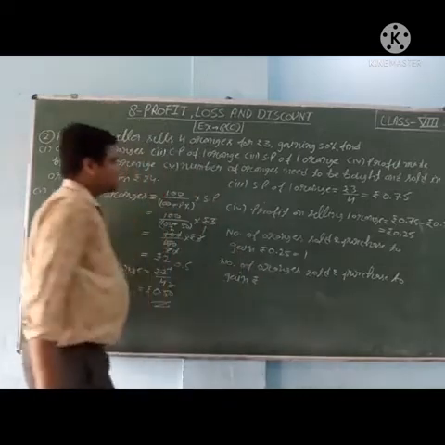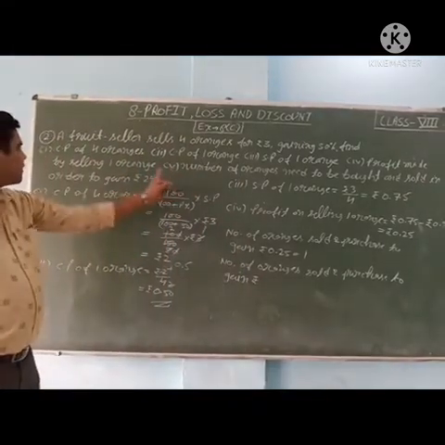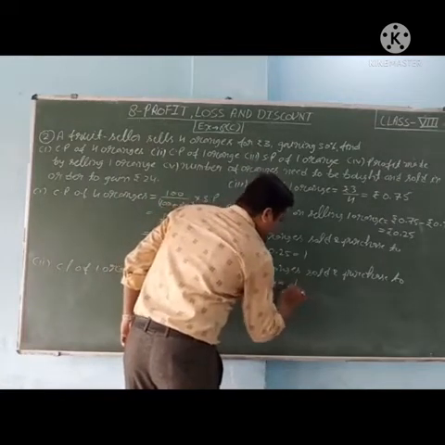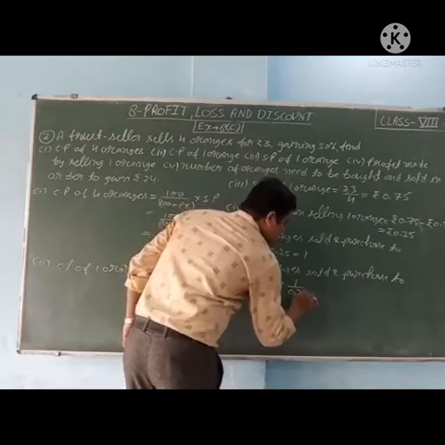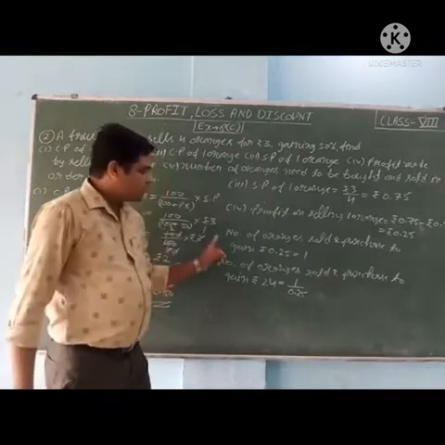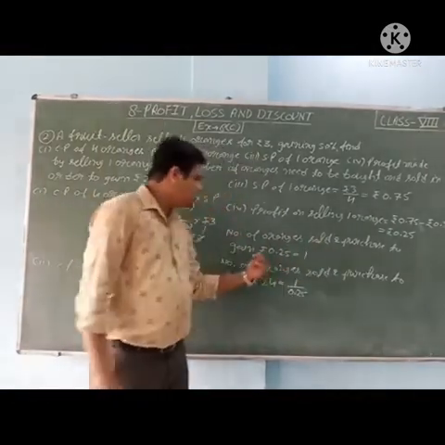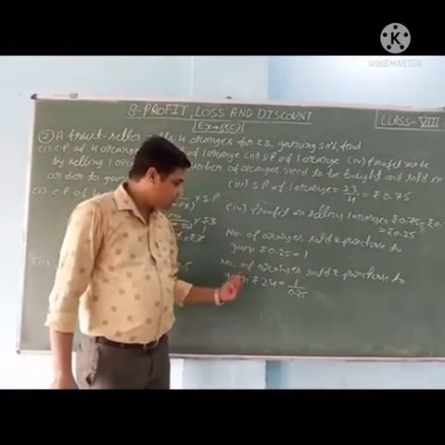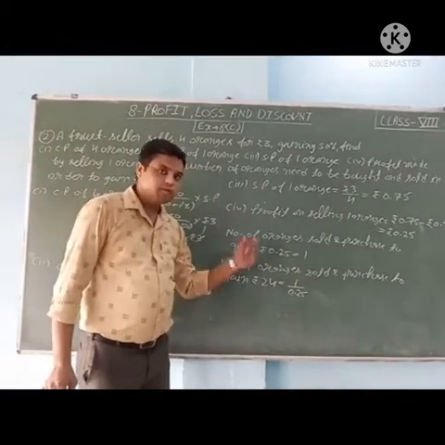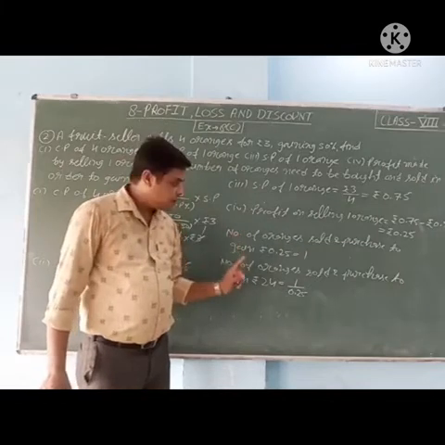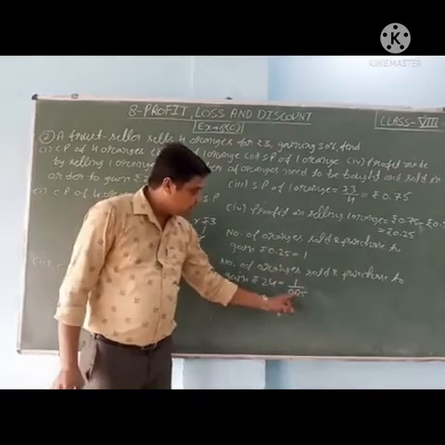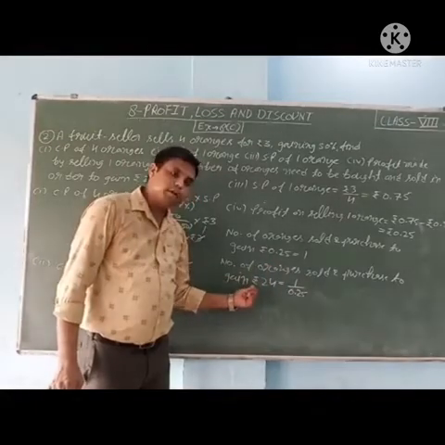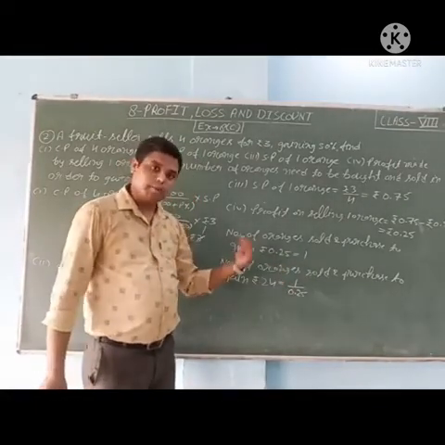Rupees, how many is given in the fifth part? 24. So it is equal to 1 upon 0.25. See, the number of oranges sold and purchased to gain rupees 0.25 is 1. So number of oranges sold and purchased to gain rupees 24: first we will find to gain in rupee 1. So 1 divided by 0.25. So to gain rupees 24, more oranges are needed.